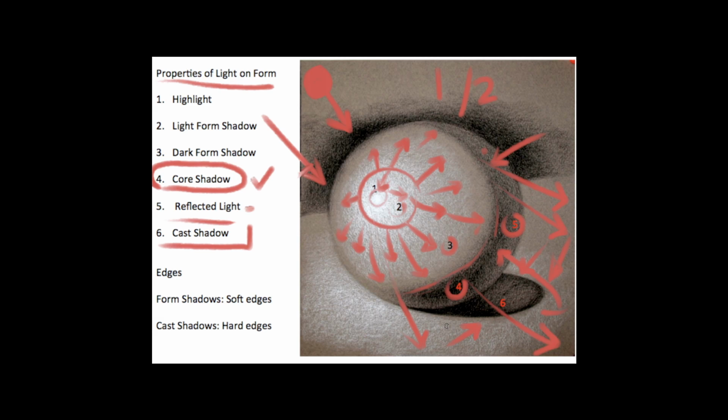The core shadow, remember, it terminates the light. Where the light ends, the shadow begins, and then everything is on the darker side. Core shadow, reflected light, of course, and then our cast shadow to give the dimensionality of that form, physical space. And of course, the lower the light's way down here shining over, the longer that cast shadow would